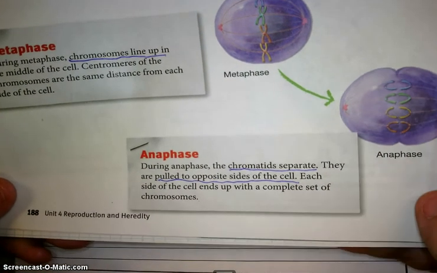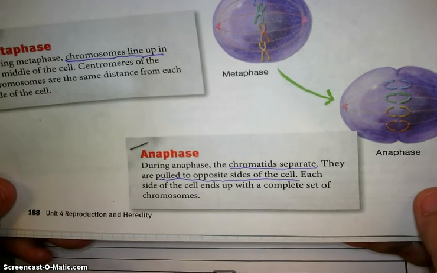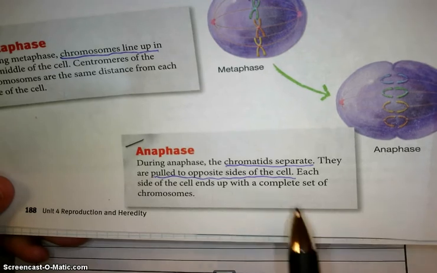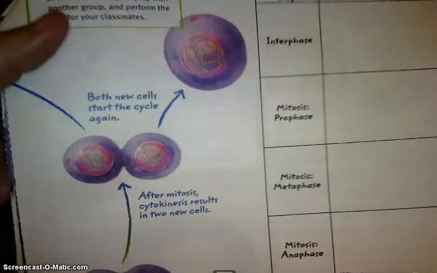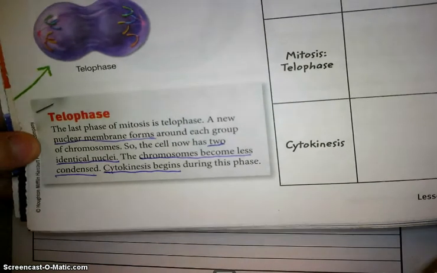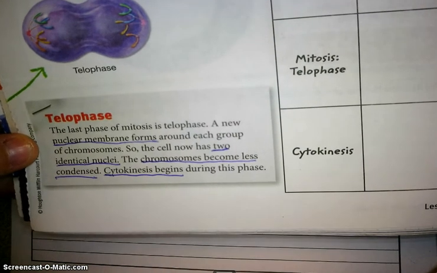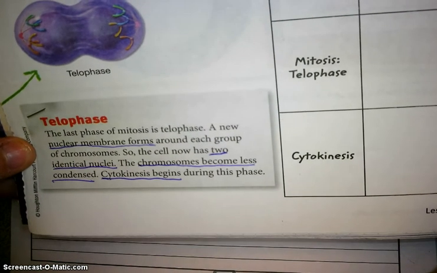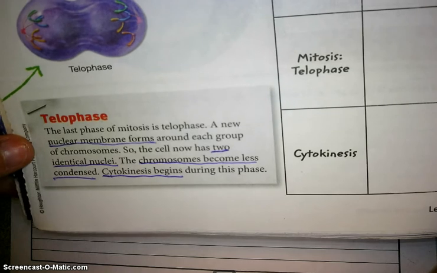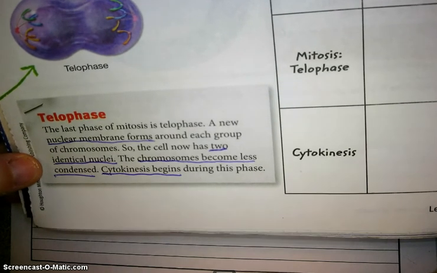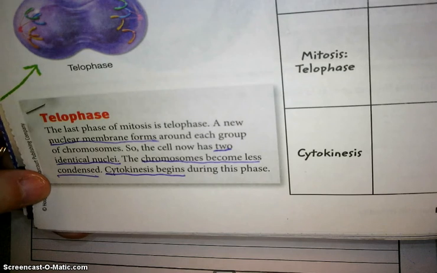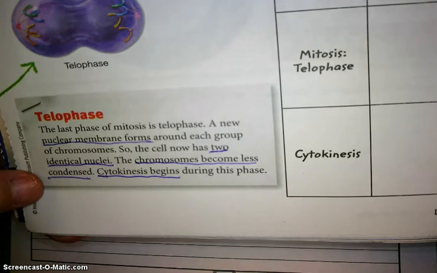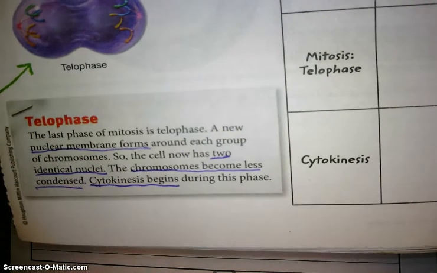Anaphase is when the chromatids separate and they're pulled to the opposite sides of each cell. And then we have telophase, which is the last phase of mitosis, and the nuclear membrane forms around each of those new nuclei that are two identical nucleuses, and the chromosomes become less condensed, and the final stage of cytokinesis